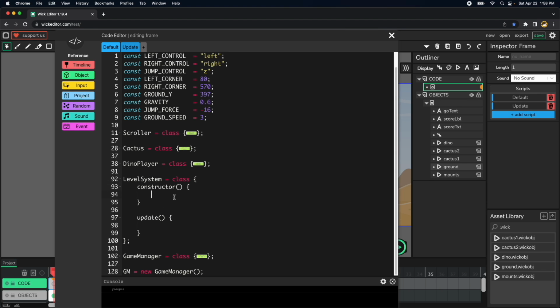So let's go to the level system. The level system will be in charge of spawning our cactuses. So in this way it will contain a cactus list. So let's do that. This cactus list equals an empty list. Okay,